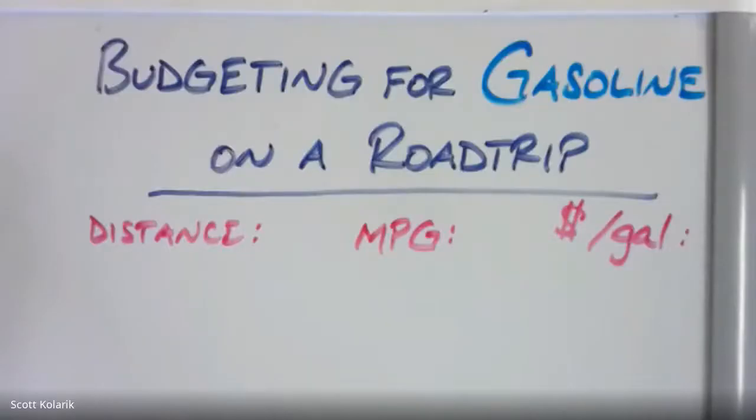Okay, for this recording, I'm going to be showing you how to calculate the cost of gas for a given road trip. For this example, we're going to be traveling between Mount Timpanogos in Utah and John Wayne Airport in Southern California, in the Santa Ana area. So there are three pieces of information that I need in order to calculate the cost